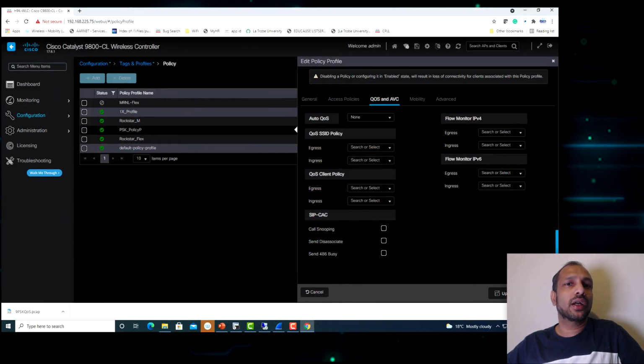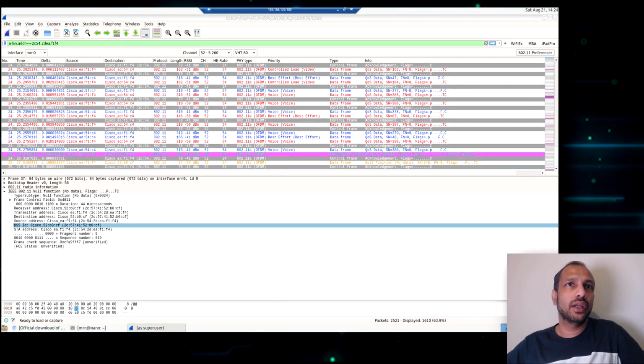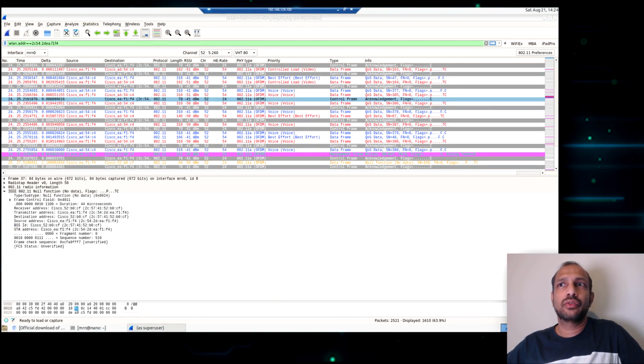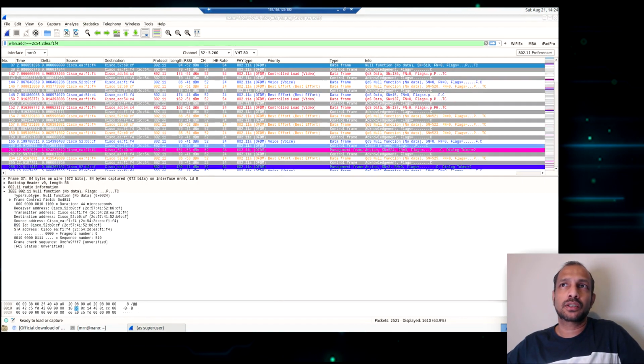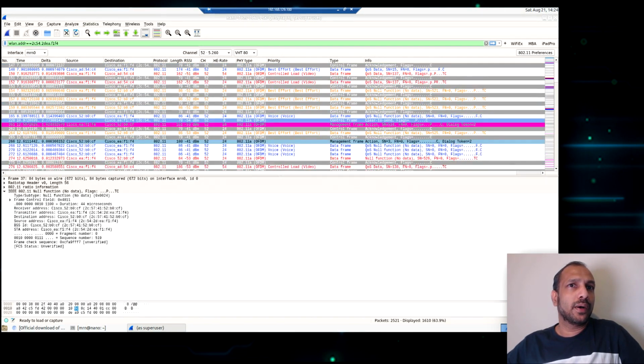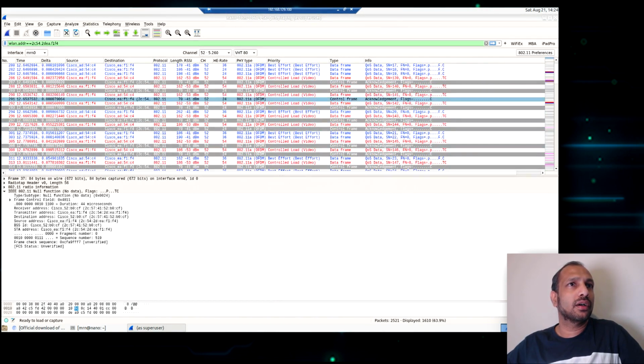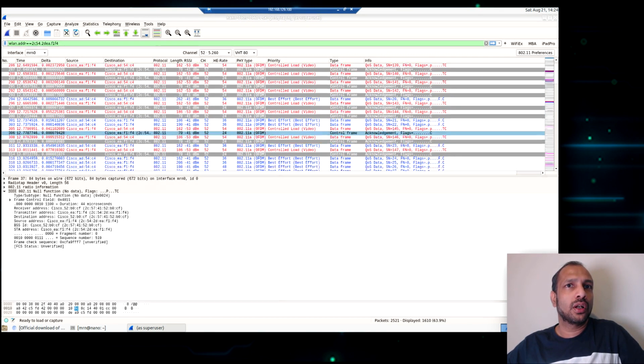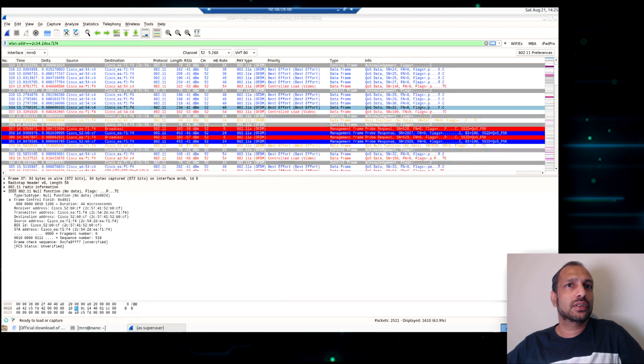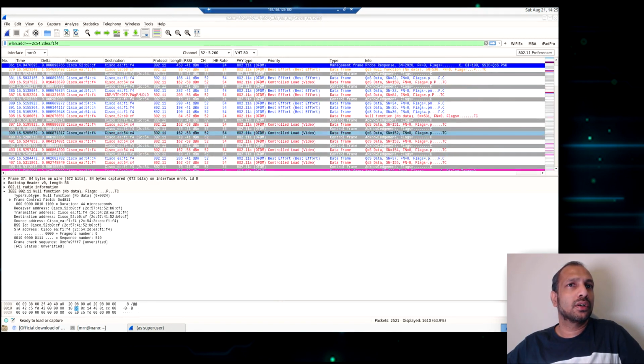So let's go and analyze the same thing we did. Now in here, if you look at the capture, this time there is no association because the phone is already associated. In here, whenever we make the call, control traffic is there. So this could be the skinny protocol, and then let me just go to.